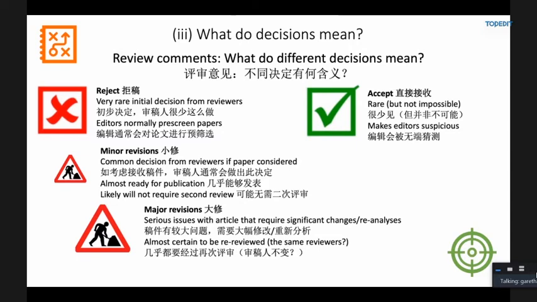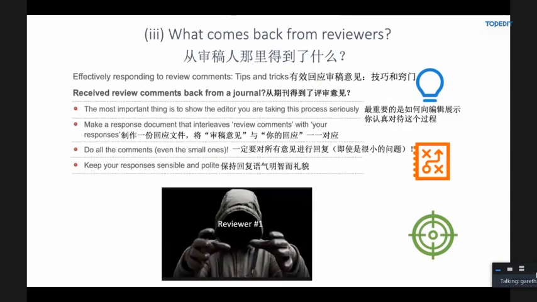Keep these decisions in mind from journals, which brings me on to the next question then, how to effectively respond to the review comments that you get back from journals. How to do this? Here are some tricks, here are some insights, here are some tips based on our deep experience doing this ourselves. You get comments back from a journal, reviewer 1, reviewer 2, reviewer 3, whatever. How to respond to those comments is critical. The most important thing to do